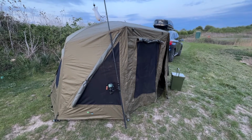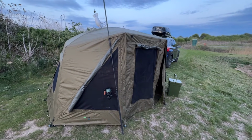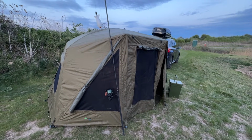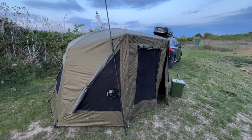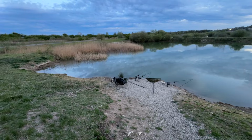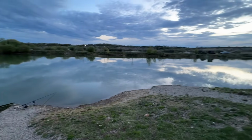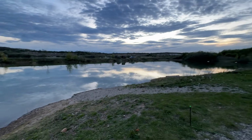What I will do is have a chat to you. I've been getting pestered by tench. I'm now on my 5th tench out, hoping for a carp still. The lake is absolutely stunning. This is the pleasure lake at Hibblestow Lakes. I think there's 10 pegs on here,